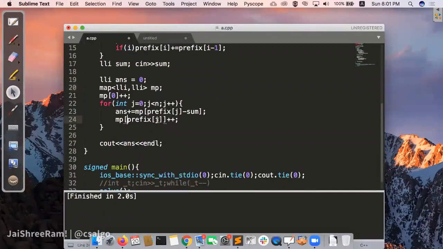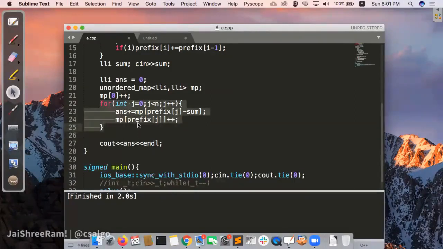So in map, the insert and delete on worst case, on average case as well, takes order log n. So it will be log n for every access. This particular operation over here takes order log n, and it is done n times, so it is n log n, right? If we make it unordered map, in this case, this takes order 1 on average, but on worst case, it can take order n. So this will become n squared in that case.